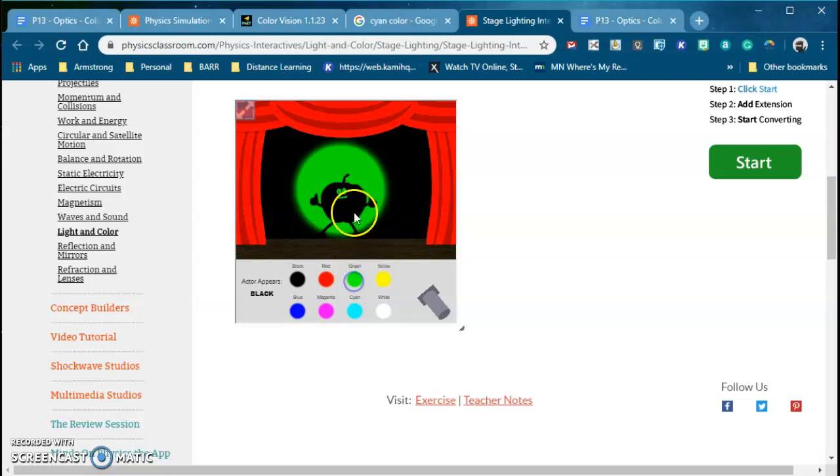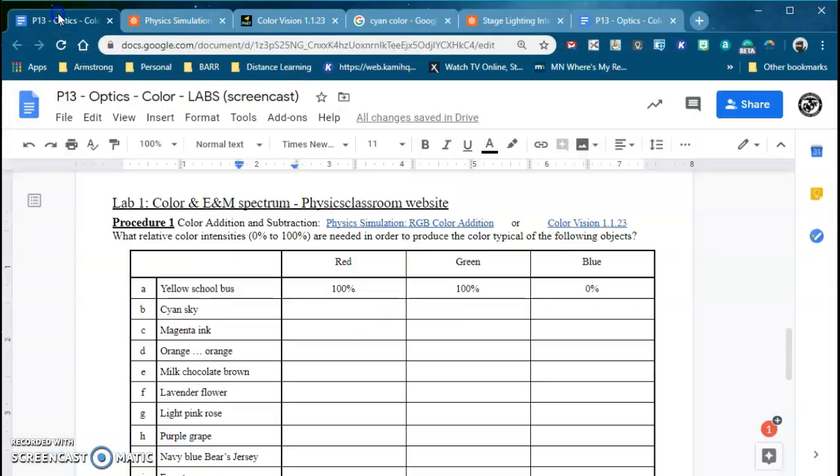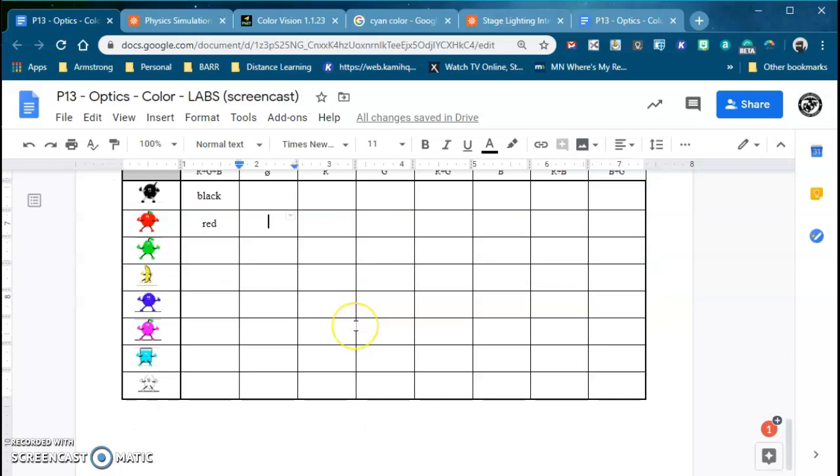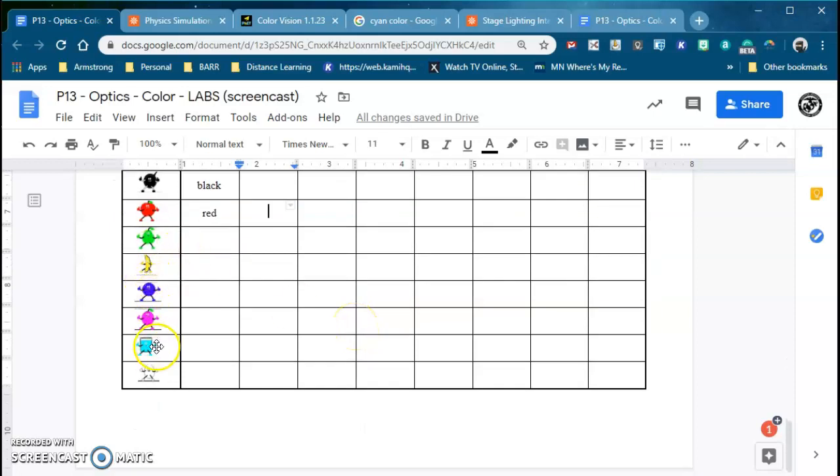If I go to green, remember the apple was black, but the leaf was green. If I go to red, the apple's red, but the stem, which was green, is now black. Okay, so blue, one of the other primary colors. If I click on that, everything appears black again. Okay, and then you'll just continue clicking through the different colors of the actor,